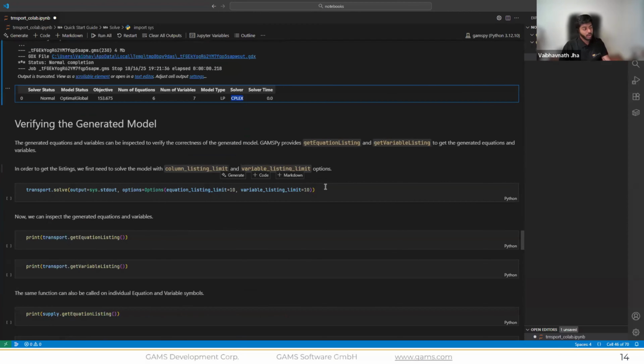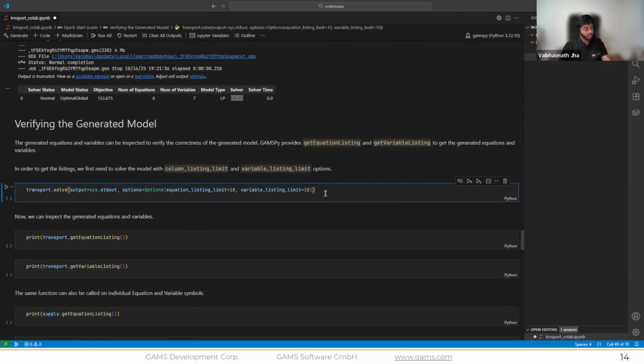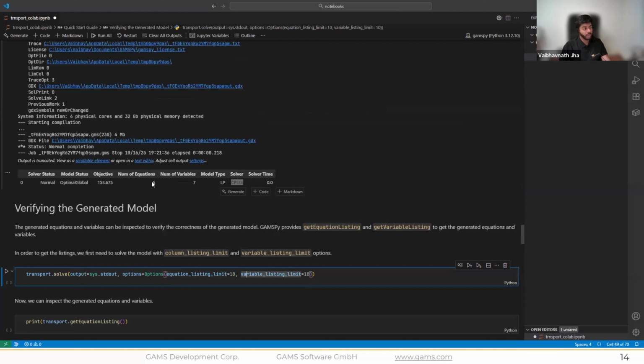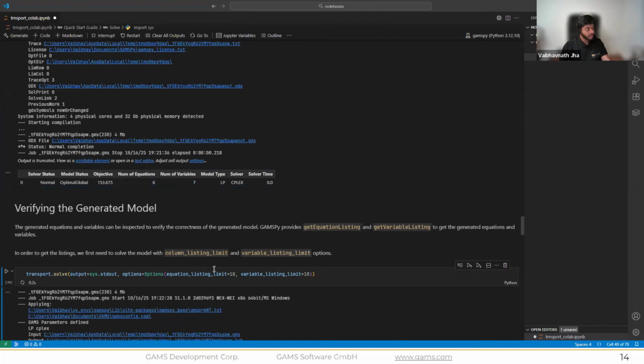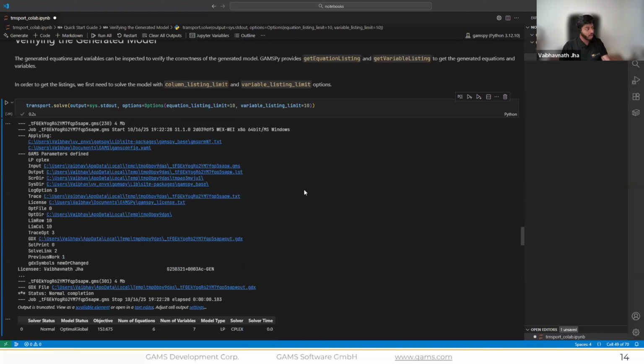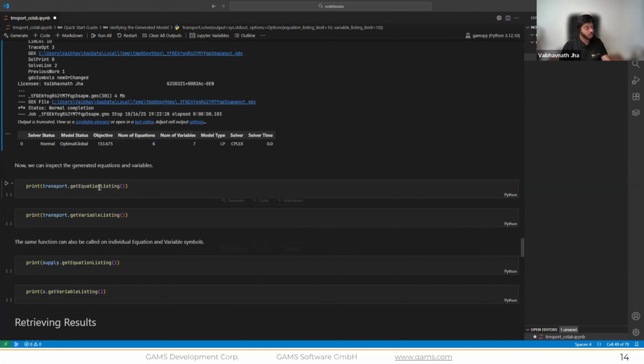How can we verify what we just solved? For that, we can enable a couple of options. If we specify equation listing limit to 10 and variable listing limit to 10, because we had a total of 6 and 7 equations and variables, and run this again, we'll have access to two convenience methods: get equation listing and get variable listing.